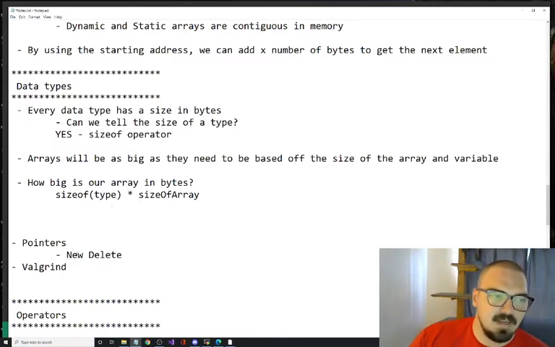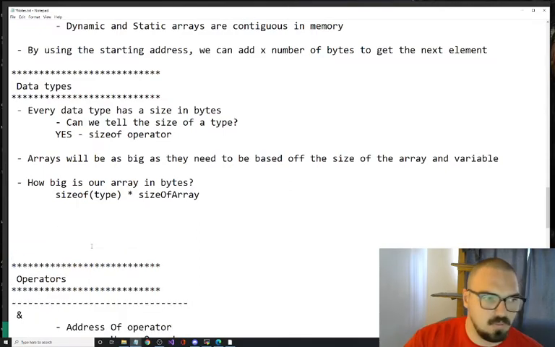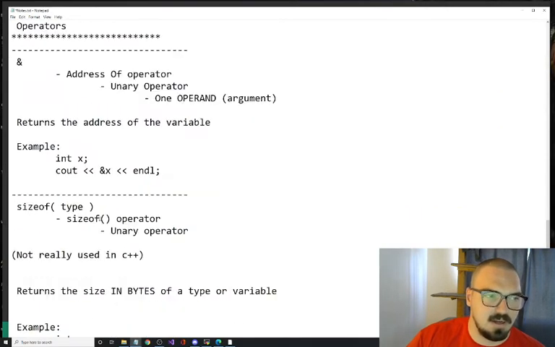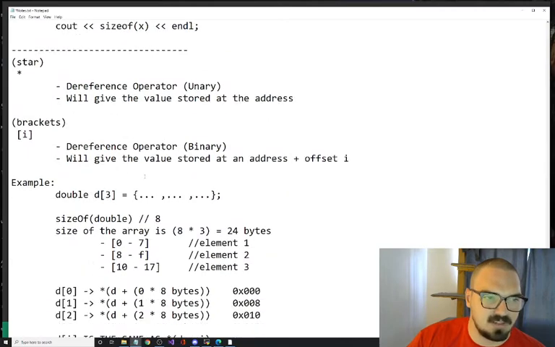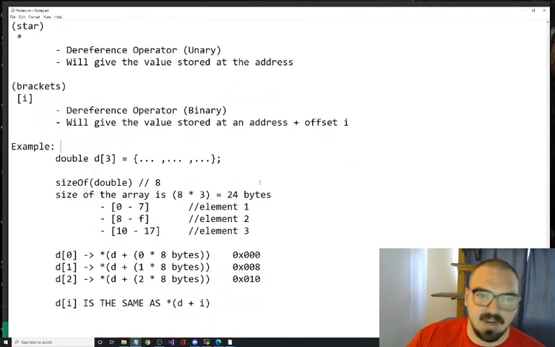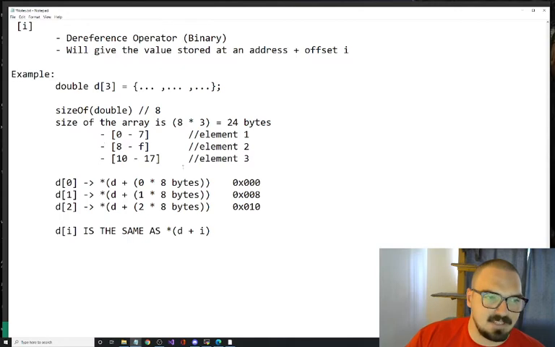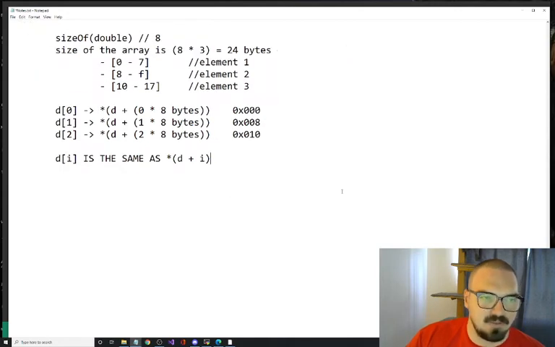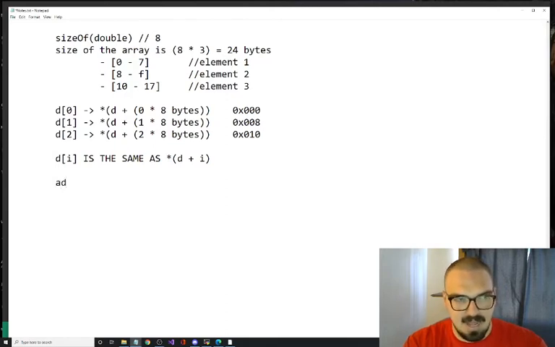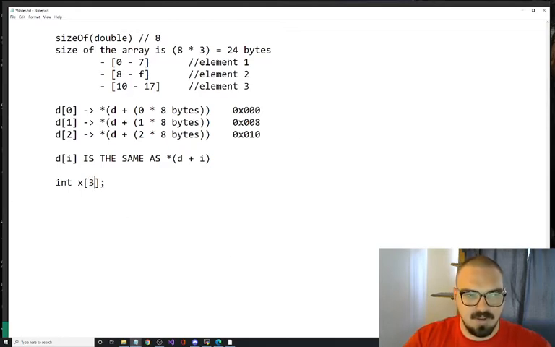All right? And so, just so you know, when I'm talking about this binary dereference operator, which we talked about, it will give you the value stored in an address plus offset i. I basically gave all this stuff to you. So the formula for that is, let's say we have an int x array, say 3, like always, and that's equal to something up here.